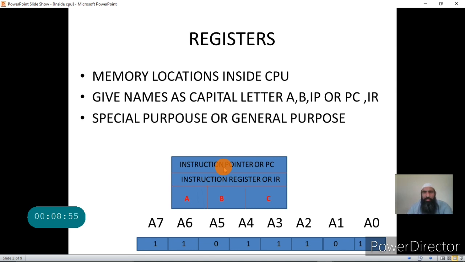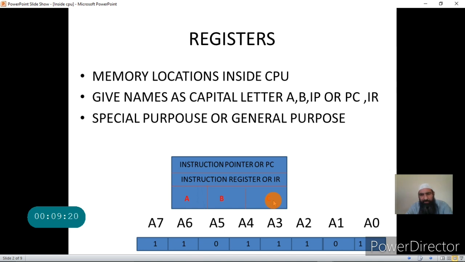Now there are certain registers which are given names like A, B, and C. As I have told you, registers are memory locations within the CPU. Why it needs those memory locations, I'll make it clear. Registers are of two types. One is special purpose and the other is general purpose.